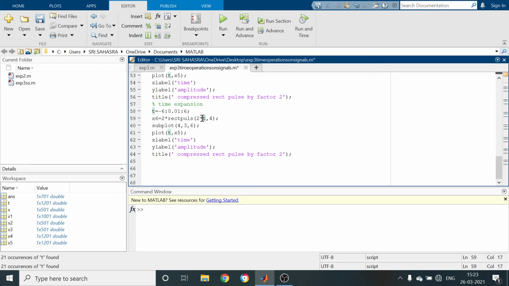Here instead of writing 2 star t, now we have to write 1 by 2 star t, that is 0.5 star t.